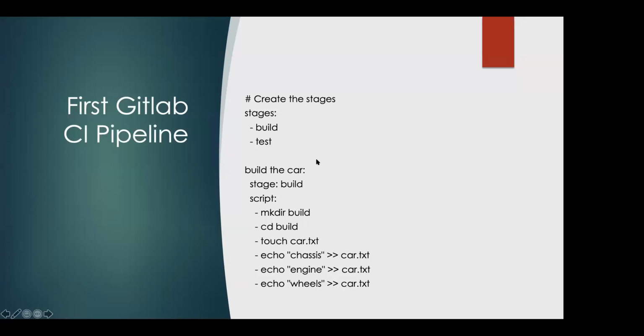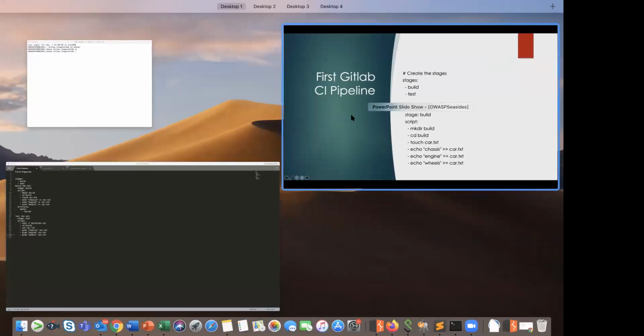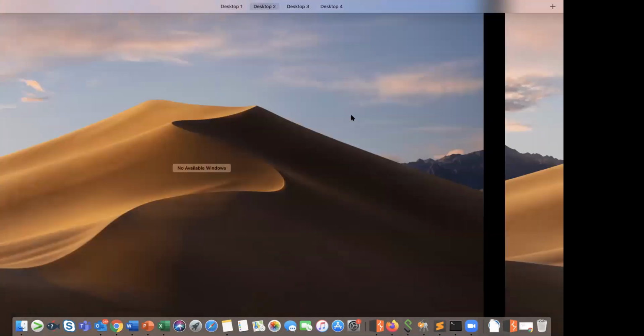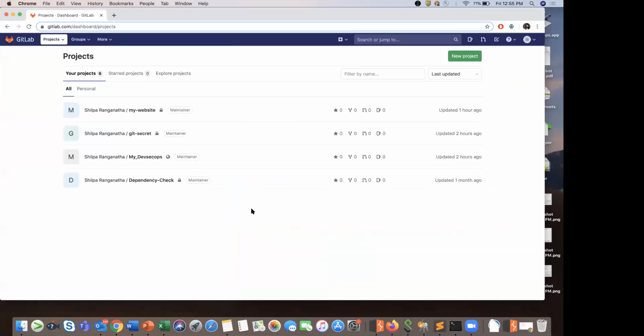So before that, let's go to our GitLab. I hope it's visible to everyone, right? Okay, I assume since nobody answered, it is visible.